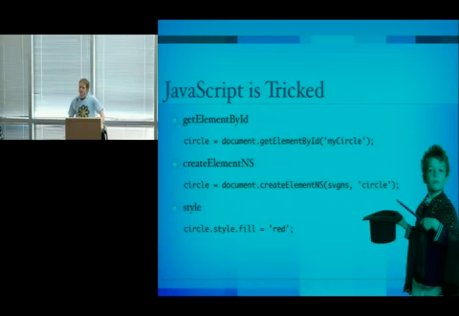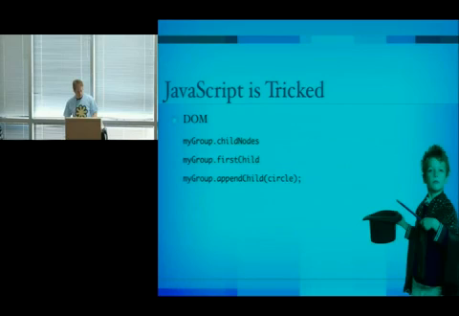Things like style work. So you can grab your circle from the page. Again, treat it like you do HTML. .style.fill just works. We support a huge amount of the DOM. I'm just giving you some small representative samples. You would be bored if I went through first child, last child, child nodes. So this is a few of the methods. And of course, event listeners, including when you're on IE, when you're dealing with SVG, you can use add event listener. So the end result of this is things just work for the programmer.